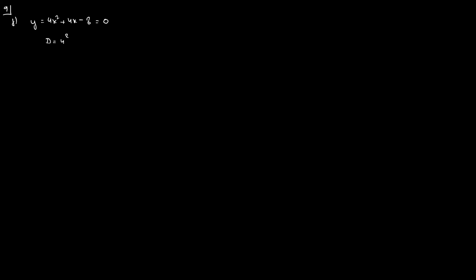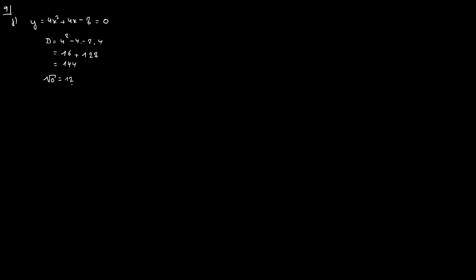We get 4 squared minus 4 times negative 8 times 4. And all of that becomes 16 plus 100. How much was it again? I wrote it down. Give me a second. It is 128. So that gives you 144, or in other words, the square root of your discriminant is going to be